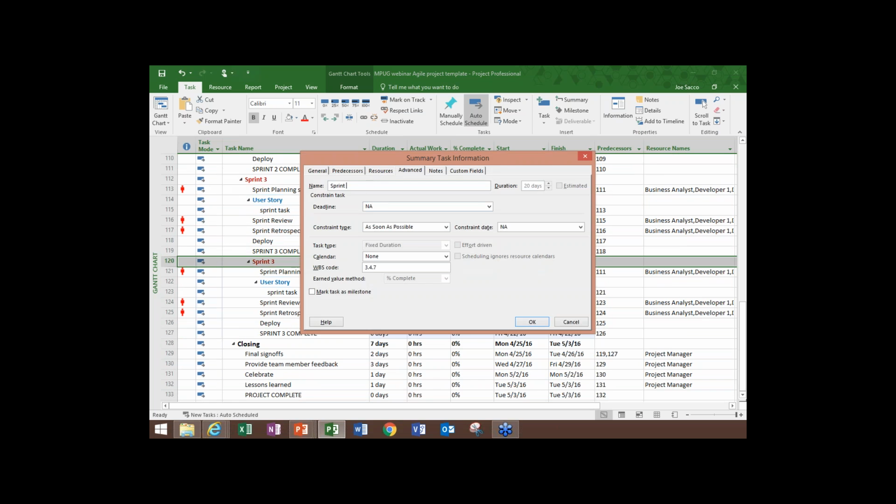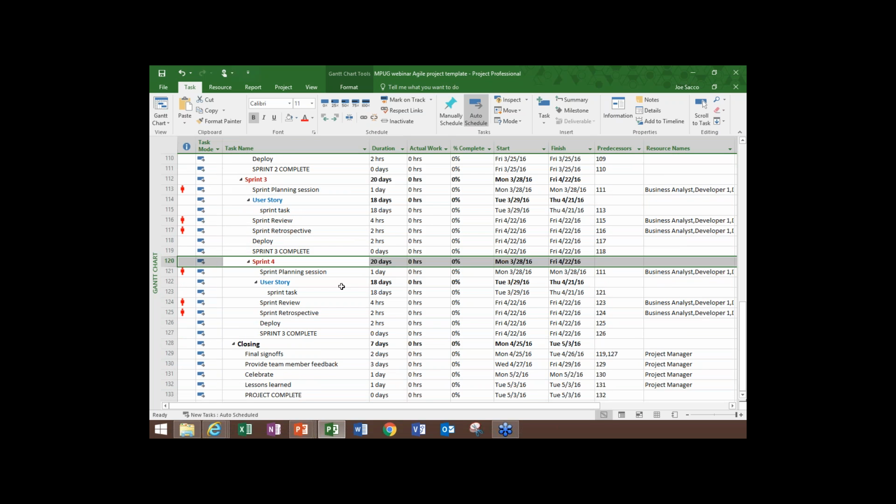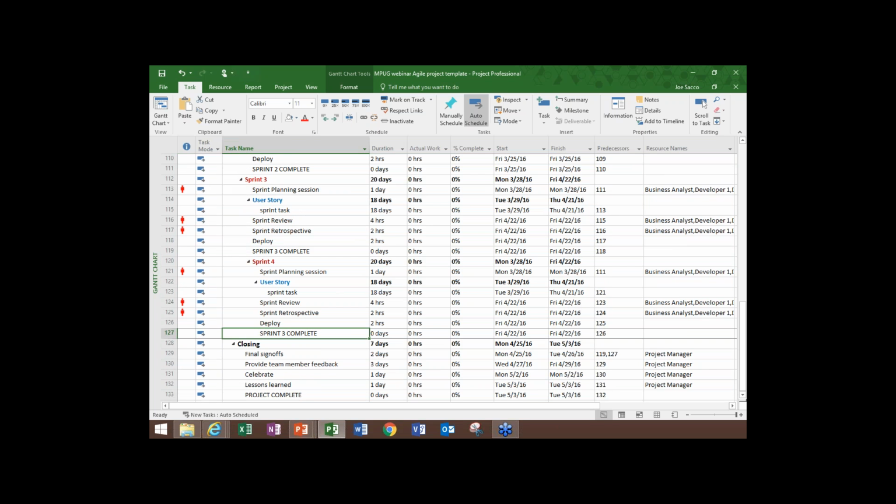We'll change the name. We're going to change the name of the milestone at the bottom. And all we have to do now really is to set the dependency on sprint planning to 119.